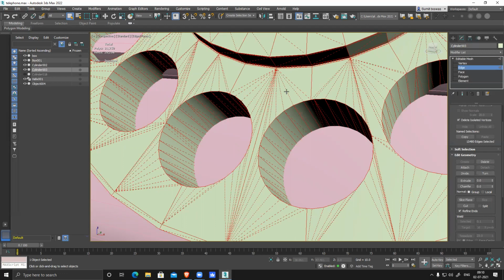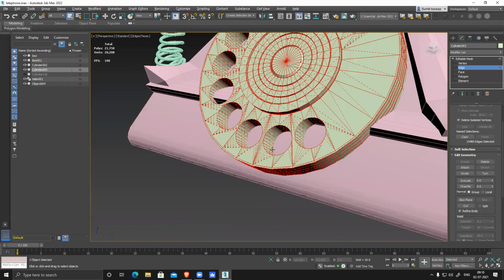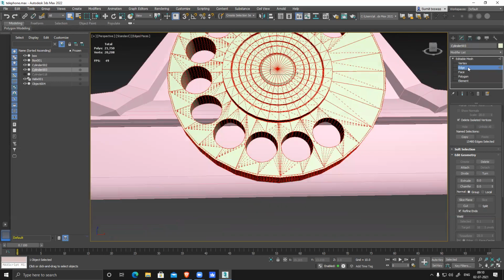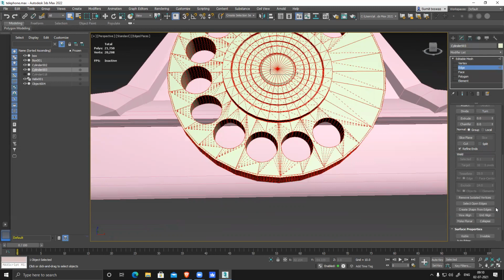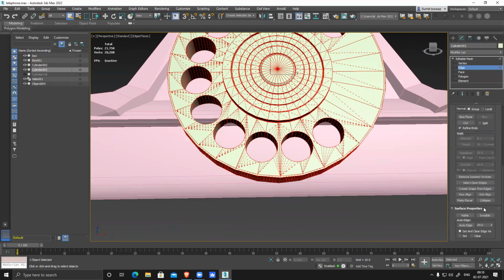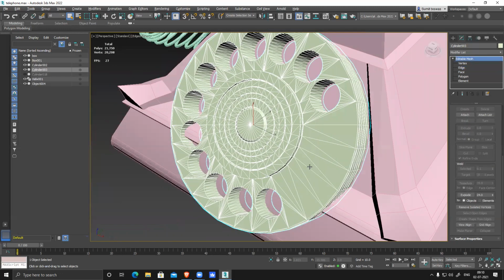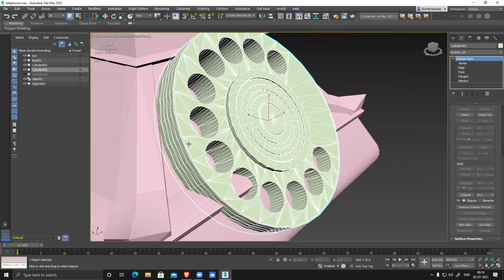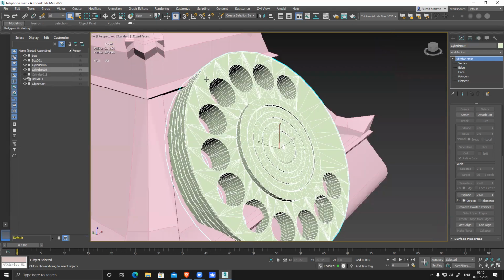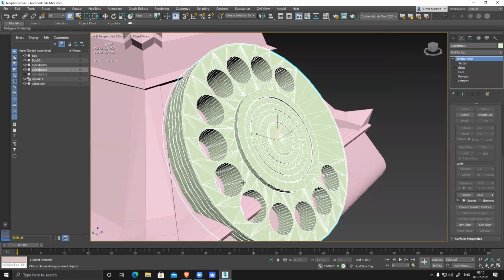So these particular edges, I need to create this. So how do I do it? I just select the edge, select the whole model, scroll down, and in the last tab, surface properties, there is something called visible. It's basically surface property, make all the edges visible. Right now, all these dotted lines are invisible. Click this, and now you can see your model is all triangulated, and it creates all the triangles. If you want, you can select only this section and triangulate. That is also fine. Because I'm going to push this into ZBrush, that's why I'm using this.